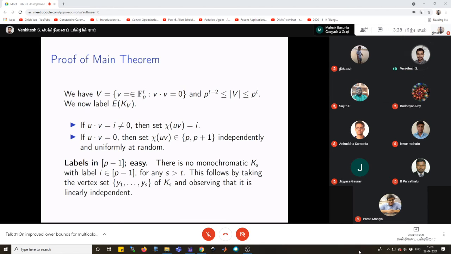So here's the thing. How do we come up with a construction which guarantees that for a certain coloring there is no monochromatic copy of K_t within that? And the idea is we start with this large complete graph on the vertex set B and we take a small random subset of B and look at the restricted complete subgraph on that subset. Now if the random subset of B that we take is small enough, then within that random subset we will not find a monochromatic copy of K_t with high probability.